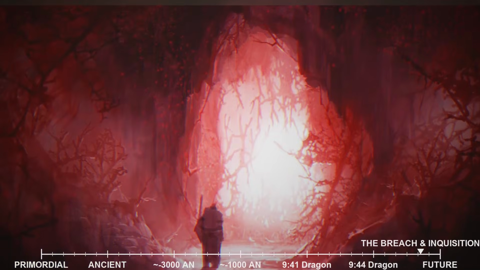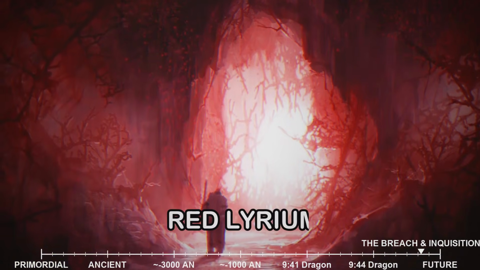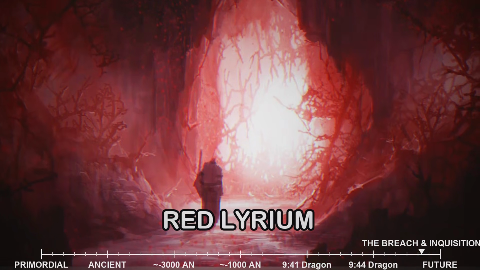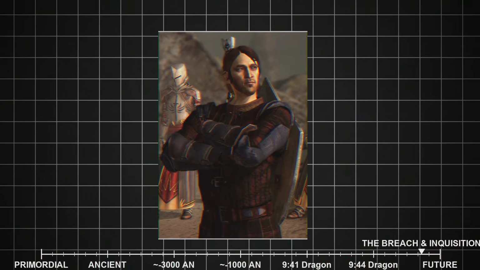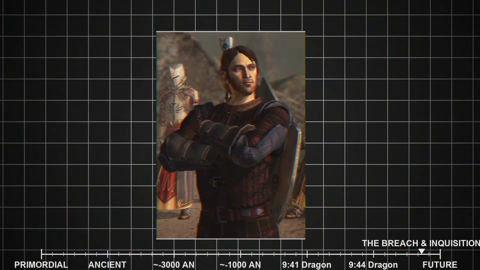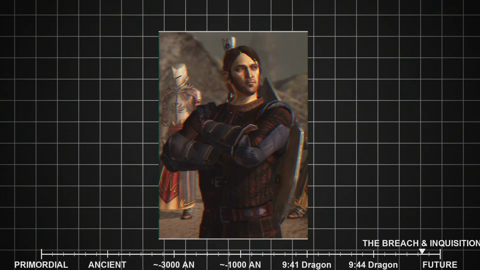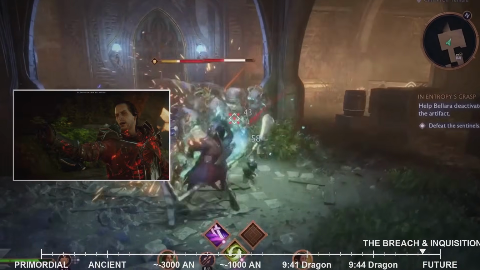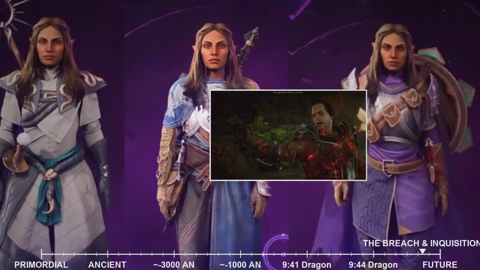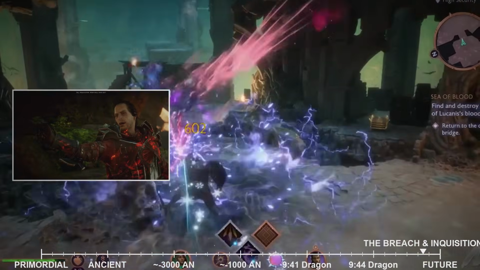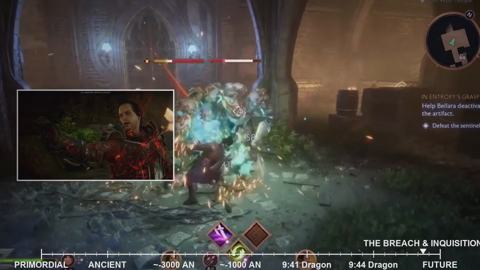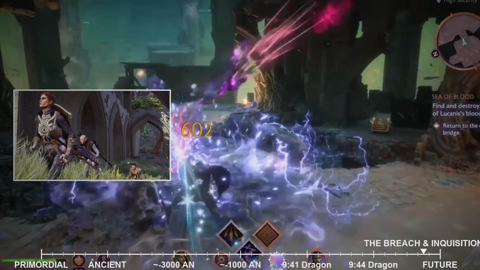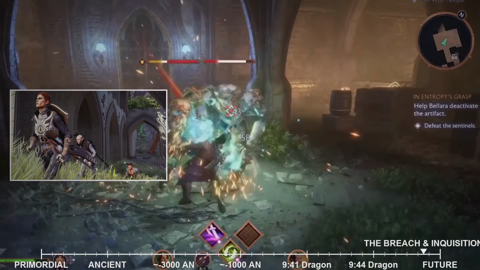Samson, empowered by the corrupting influence of Red Lyrium, serves as a formidable general for Corypheus, commanding a significant portion of his forces. His story is one of tragic descent, a man who once swore to protect, now twisted into a weapon of destruction. The Inquisitor, having learned of the Red Lyrium's addictive nature and its debilitating effects, can choose to either cure Samson, freeing him from Corypheus's control and the Red Lyrium's torment, or defeat him in battle, ending his destructive path. This choice highlights the Inquisition's moral complexities and its ability to offer redemption even to those seemingly lost.